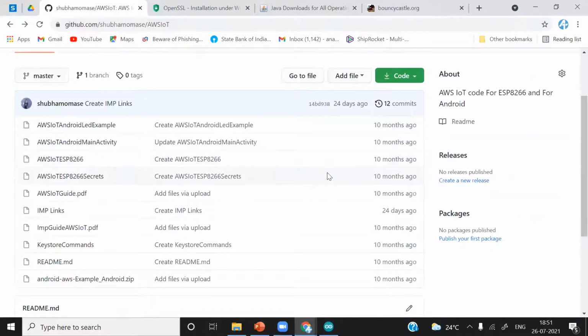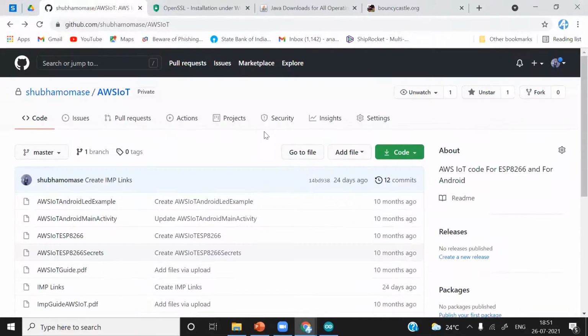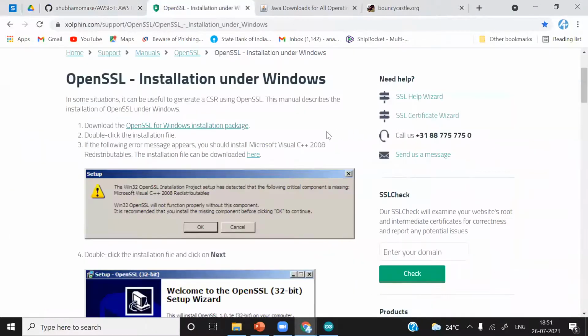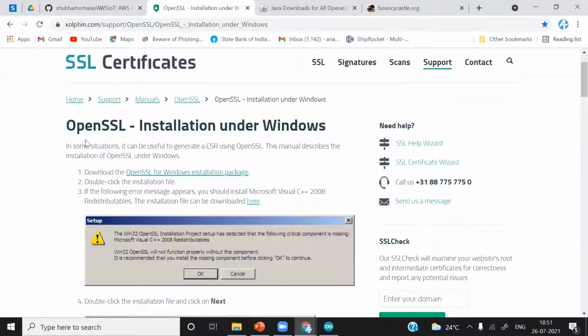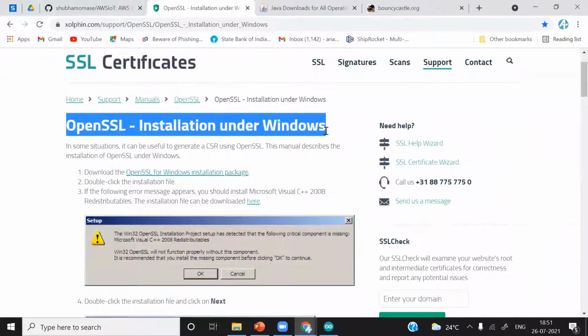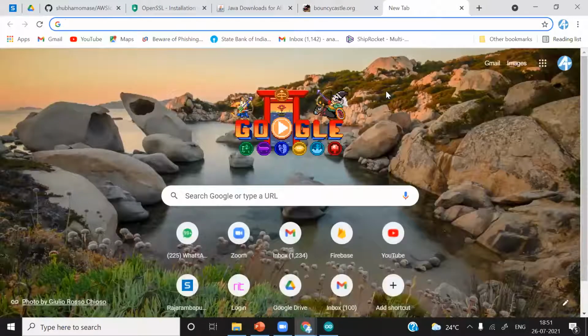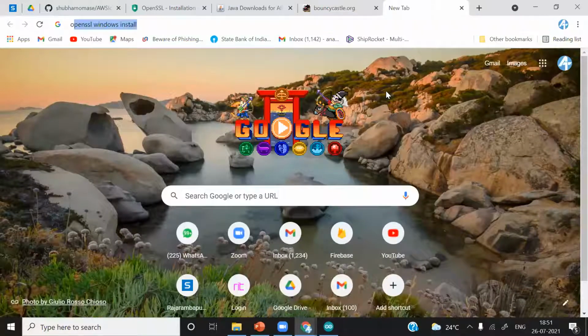So first thing we are going to need is OpenSSL. Okay, OpenSSL, you have to install this one. It comes in binary or source files. You do not have to download this. If you simply Google OpenSSL, it will not give the installation file. It will provide you with the source files, and we do not want that. I will just show you.